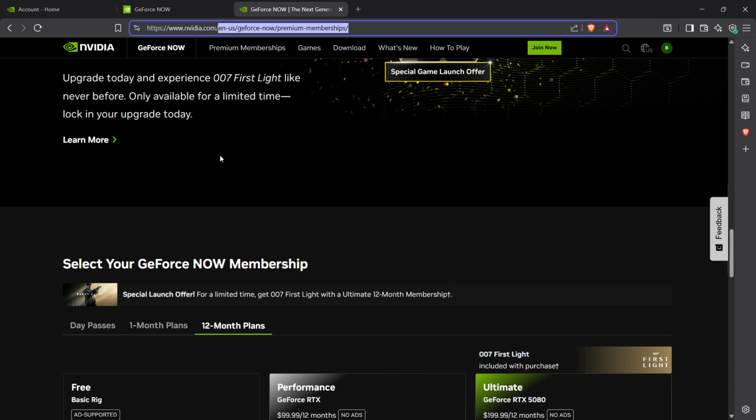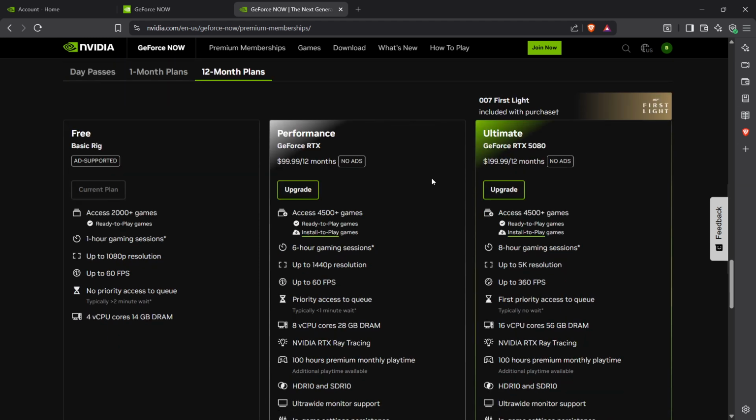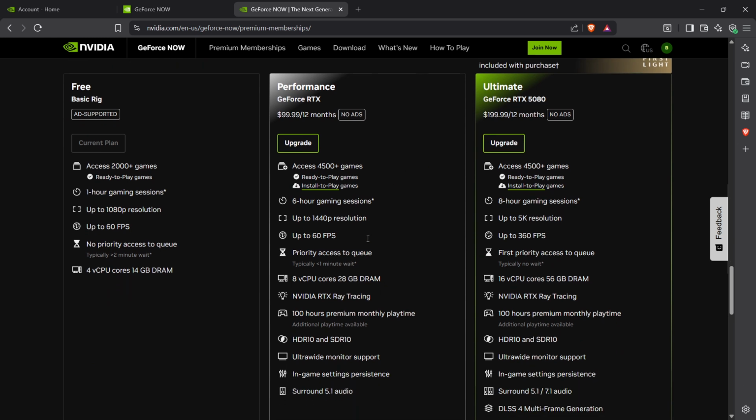Depending on what is offered in your region, you'll typically see plans such as Performance or Ultimate. Choose the higher plan that best fits the experience you want. If you're looking for stronger performance and more advanced features, this is the point where you decide which level is right for you. After selecting your preferred plan, choose a billing option.